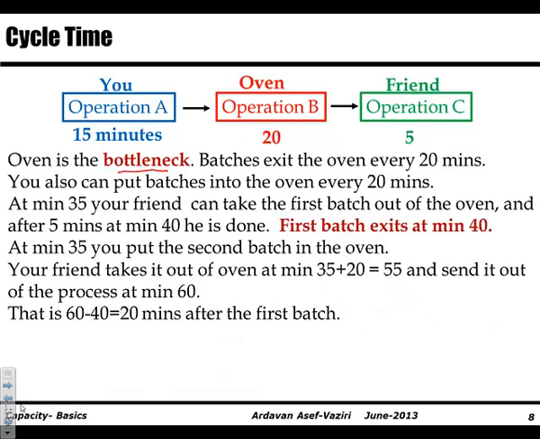Oven is the bottleneck. Batches exit the oven every 20 minutes. You also put the batches into the oven every 20 minutes. You put the first batch in at minute 15, but then you need to wait until minute 35 to put the second batch, 55 to put the third batch, 75 to put the